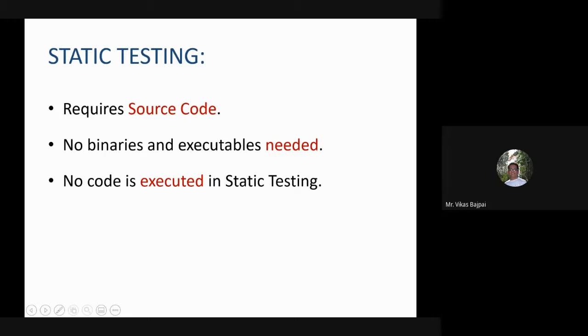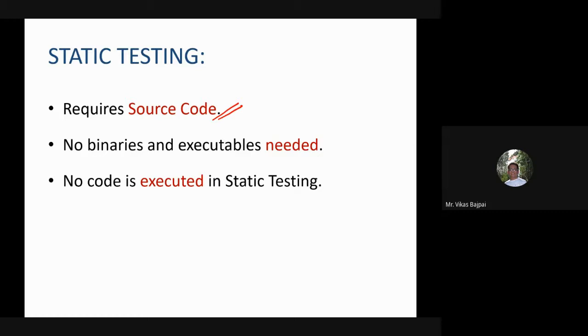Obviously, since we said that we'll be dealing with the piece of code, this requires your source code.